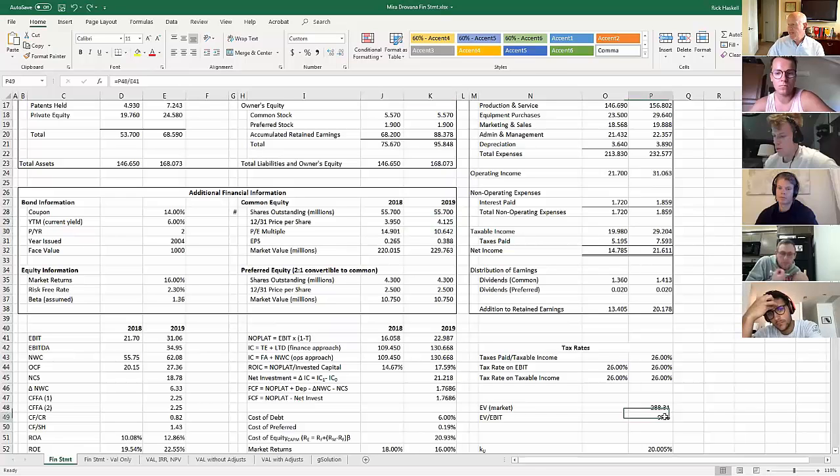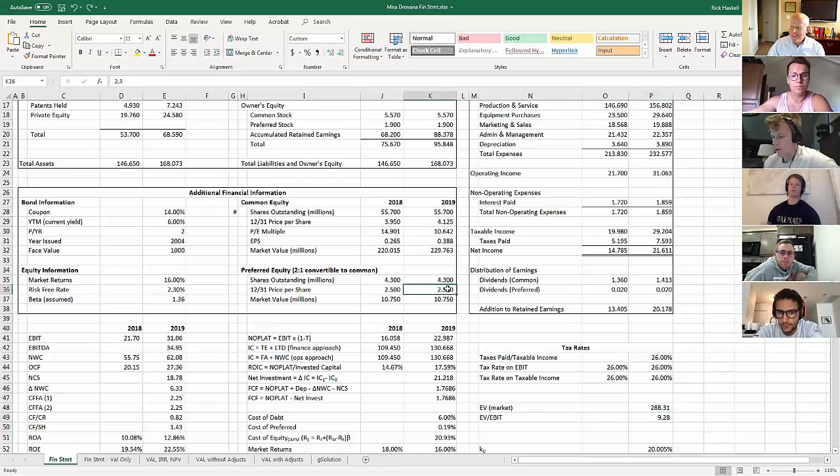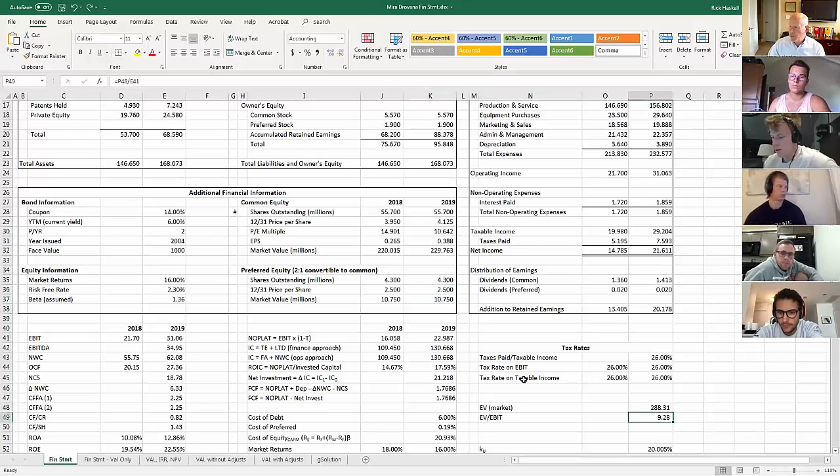So we said this 9.25 multiple seemed out of whack to us. At least I said that. I didn't use it. It didn't bring about a valuation that I could believe. And I'm going to tell you that is because the enterprise value based upon these prices was overvalued. What happens to this multiple when I take as an input our computed value per share instead of the price per share? Well, let's see. This was $1.69